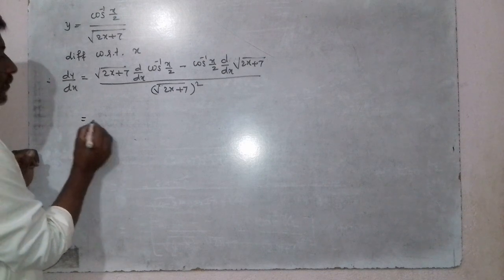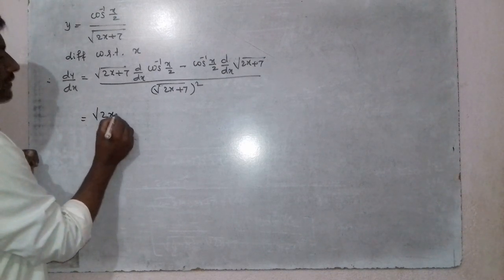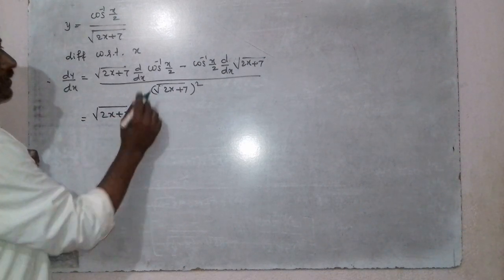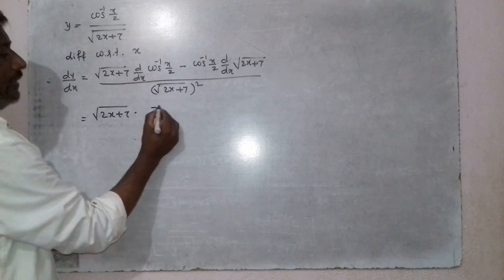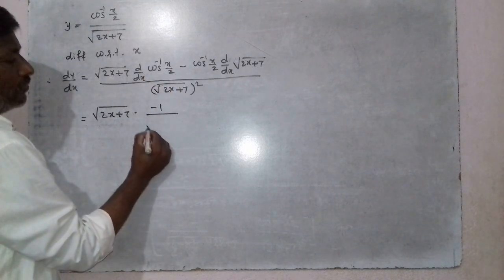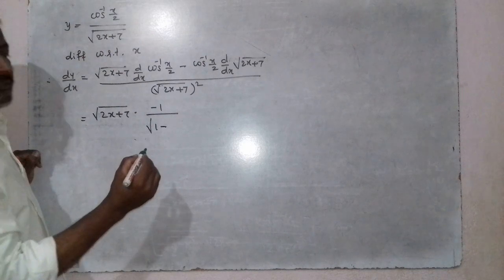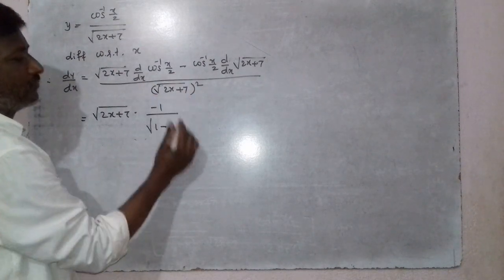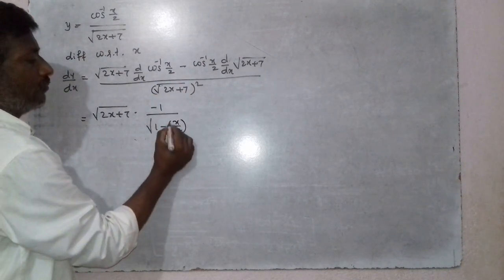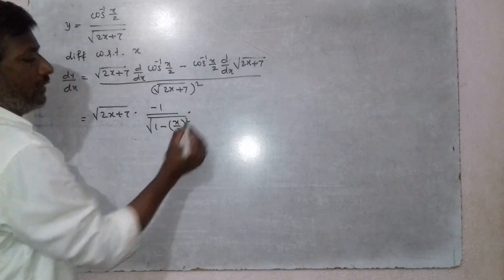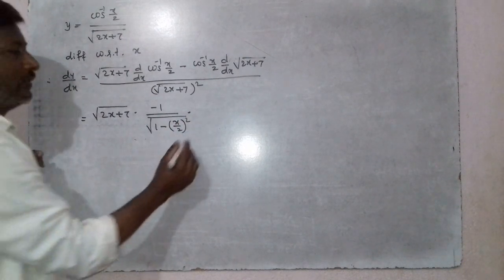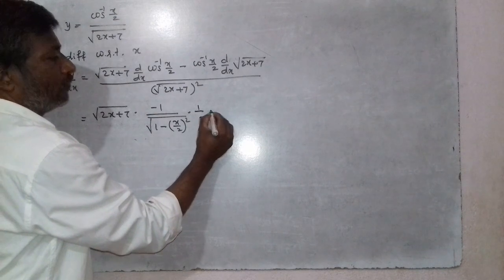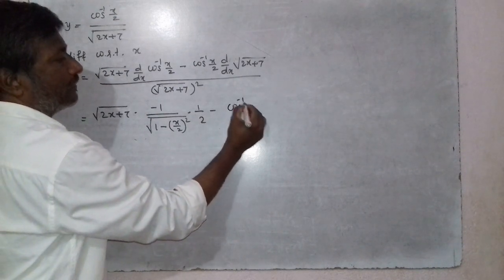This equals root of 2x plus 7 into minus 1 upon root of 1 minus (x by 2) whole square, and the derivative of x by 2 is 1 by 2, minus cos inverse (x by 2)